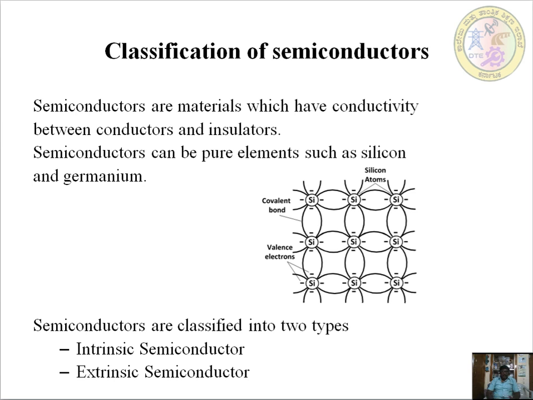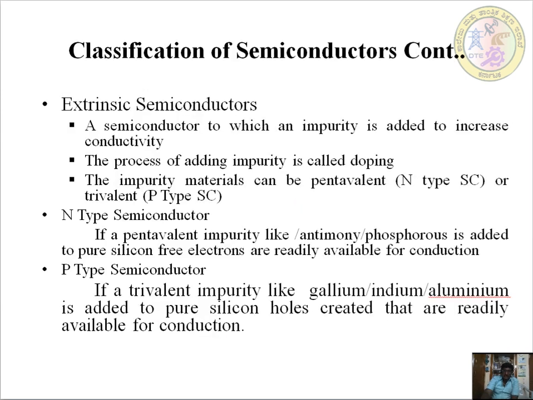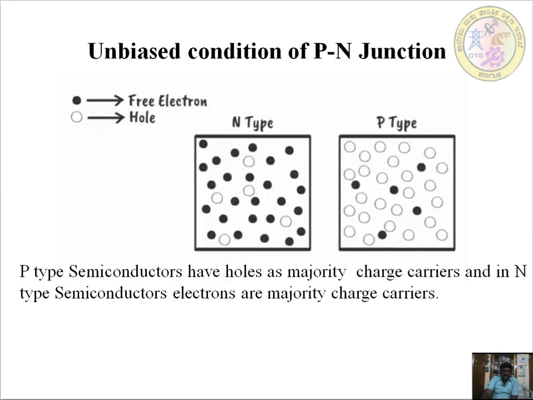Okay, in intrinsic semiconductor the numbers of holes and electrons are the same, but in extrinsic, the number of holes is more in p type and the number of electrons is more in n type. Next, the Fermi level. The Fermi level lies between the valence and conduction bands, but in extrinsic semiconductor, the Fermi level lies near the valence band in p type, and near the conduction band in n type. So this is the intrinsic semiconductor as well as the extrinsic semiconductor.